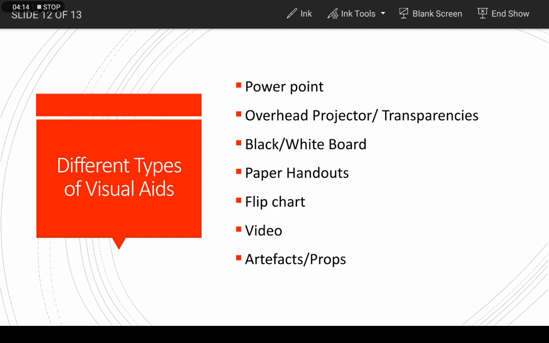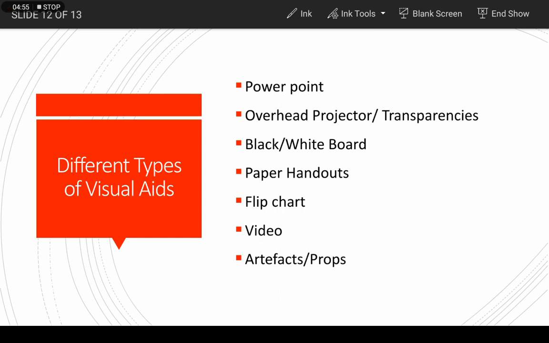Then comes paper handouts. Handouts are incredibly useful. Use a handout if your information is too detailed to fit on a slide or if you want your audience to have a full record of your findings. Given too early might prove a distraction, or given too late may have taken too many unnecessary notes. So you should give the handouts in the middle of your presentation so that your audience will not inevitably read rather than listen.